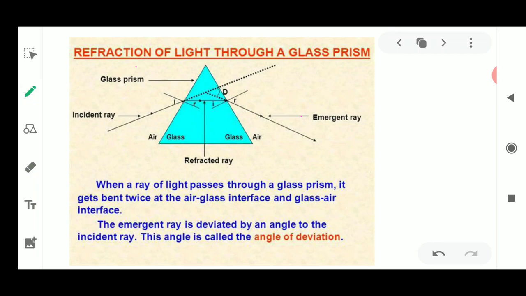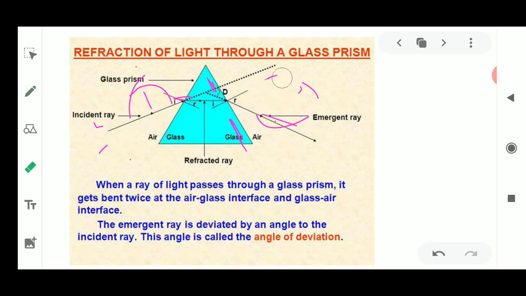So the glass prism is the place where the refraction takes place once the light strikes. The light ray which strikes one of the surfaces of this glass prism is known as the incident ray, as you could see here. Next, it is going to refract, it is going to bend from its path, and again once it moves out from the next surface, which is again a refracting surface, it bends. So at two places, the starting point and the ending point, refraction is taking place.